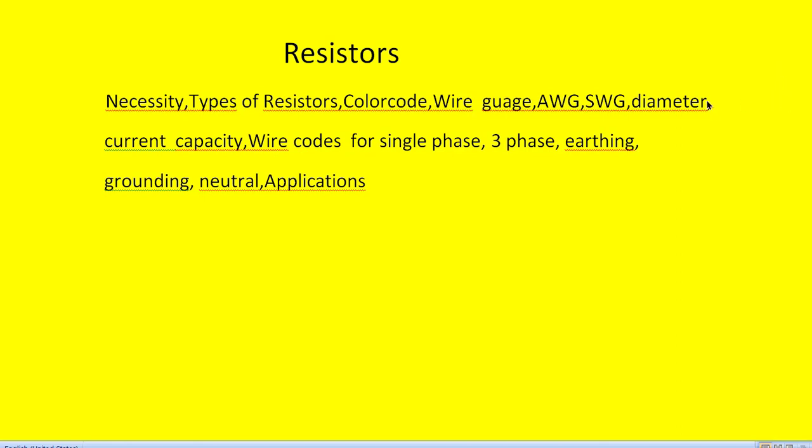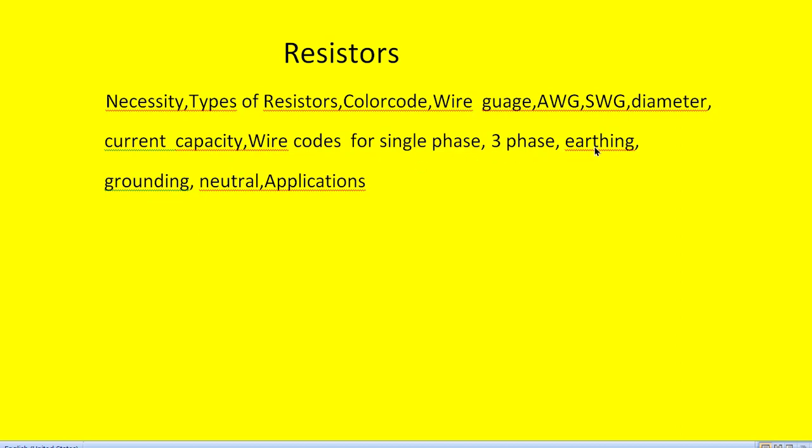So we have seen what is American wire gauge, that is AWG, and we have seen the SWG, that is standard wire gauge, and we have seen what is the necessity of the diameter of the conductor, and we have seen what is the current capacity of different diameters of the wires, and we have seen what color should be used while doing the wiring for the single phase connection, while doing it for the 3-phase connection, and we have also seen which color is used for earthing or grounding in case of single phase and in case of 3-phase, and